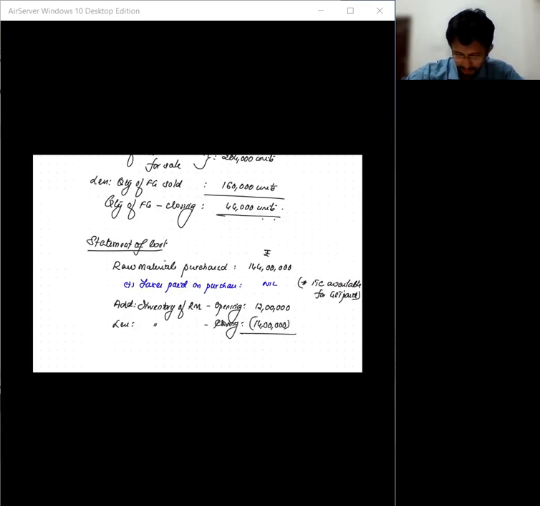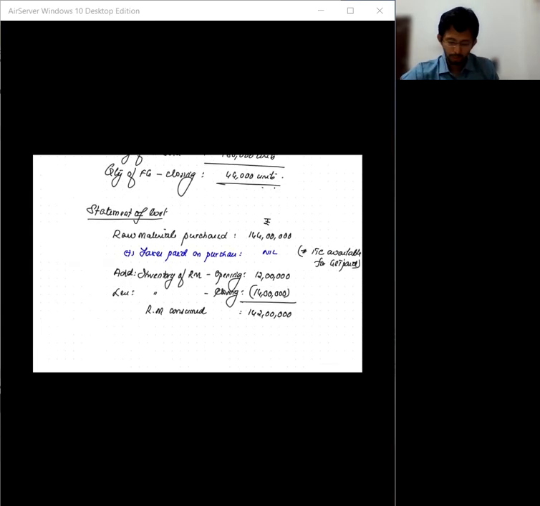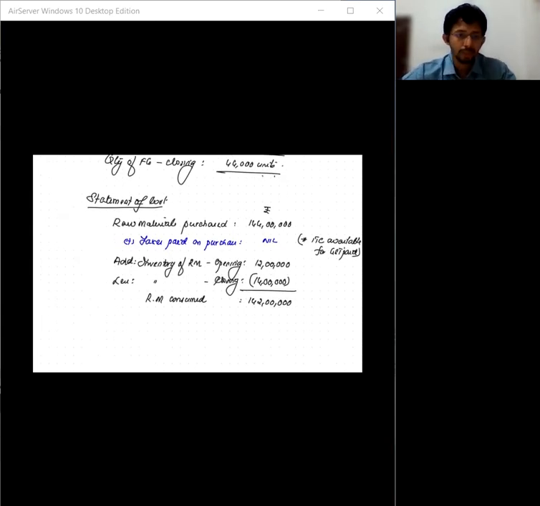So you get the net figure as raw material consumed, and that will be 1,44 lakhs minus net. How much does it come to be? Minus 2 lakhs. So it will be 142 lakh. 144 lakhs plus 12 lakhs minus 14 lakhs. So 142 lakhs. Okay, so you got the raw material consumed. Now what do you have to do? You have to add